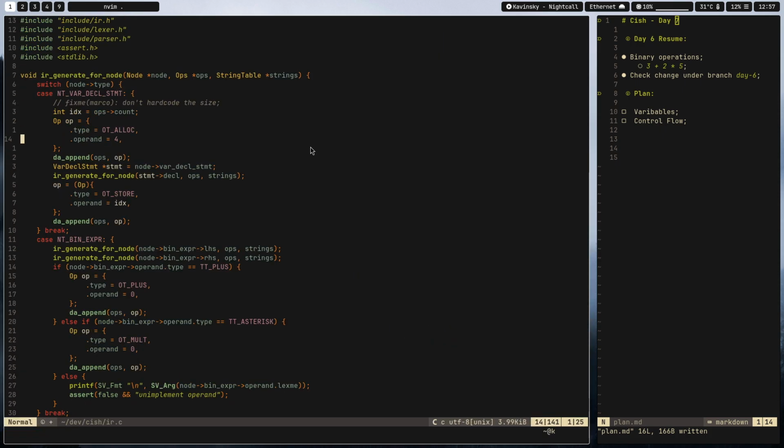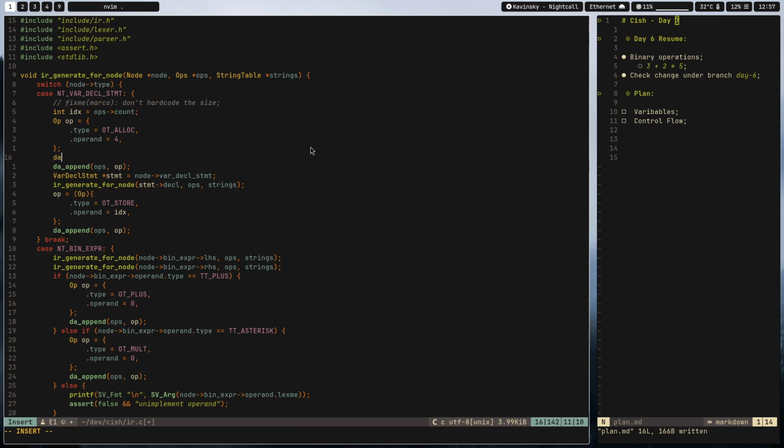Because now, in this case, I'm going to generate a string table, a string as well for the name. So what I'm going to do is da append